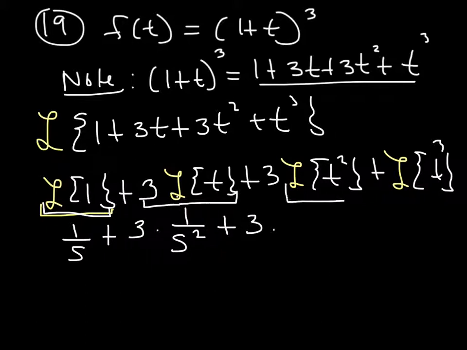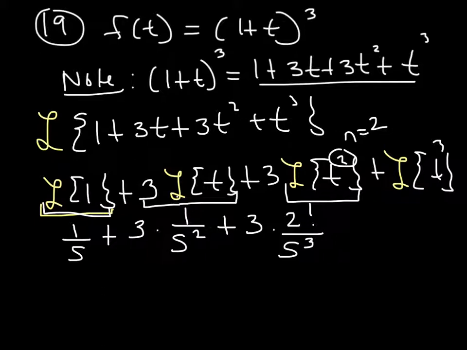3 times the Laplace transform of t squared. Okay, so that is when n is, well, n is definitely greater than 0. So my n here is 2. So this is 2 factorial over s to the, and this is just 2 plus 1, so s cubed. Here we're not using the gamma function. Here n is